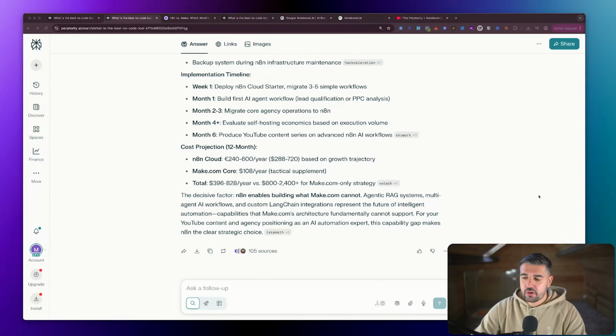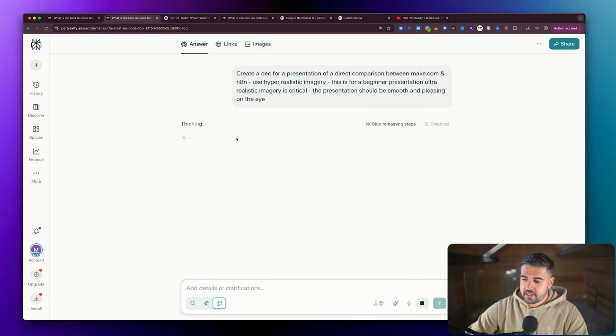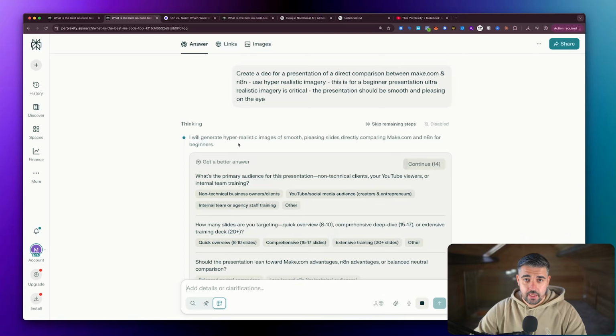And whilst that's being created, because it will take a few moments, we're going to come inside of Perplexity and head to this little icon here. This is a pro feature of Perplexity, but it allows you to create slide decks all the same. So what I'm going to do is say, create a deck. Let's use the exact same prompt. It's fair that way.